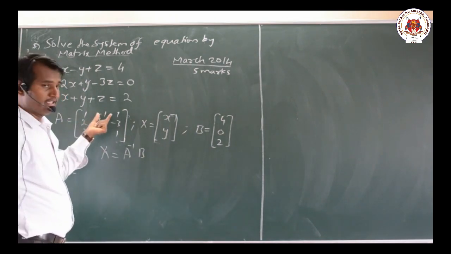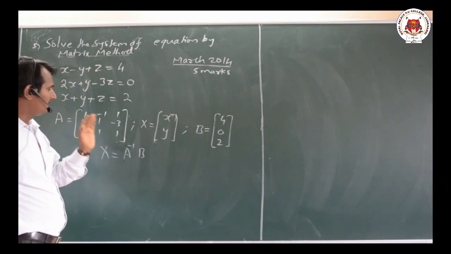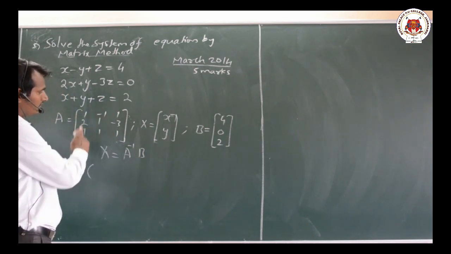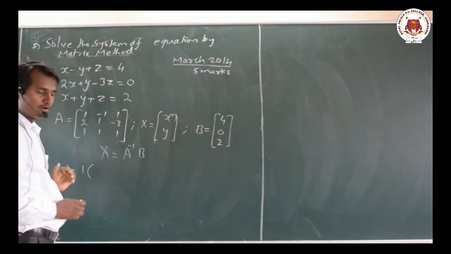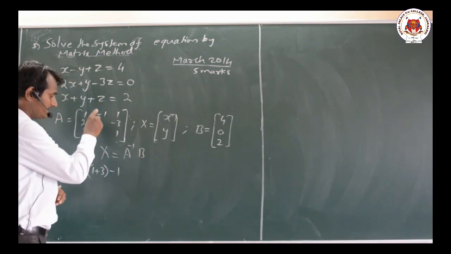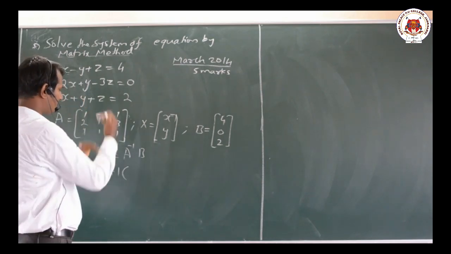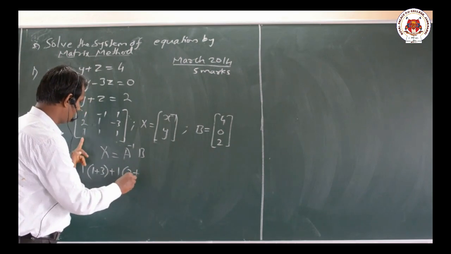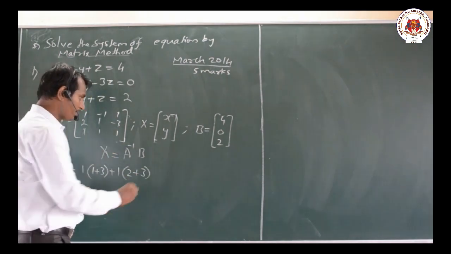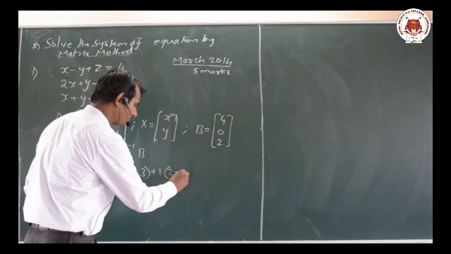By expanding along first row, second row, third row, or first column, second column, third column, whichever you want. I will make use of the first row here, that is 1 into. Okay, leaving this row and column, I will take the determinant of it. What we get here? 1 into 1, 1, plus 3, minus into minus here, again it becomes plus. Then leaving this row and column, 2 ones are 2, then here plus 3, plus because we are having minus here, 1 into minus 3. Then plus 1 into what we have? 2 minus 1.